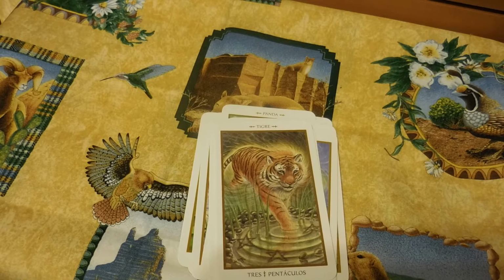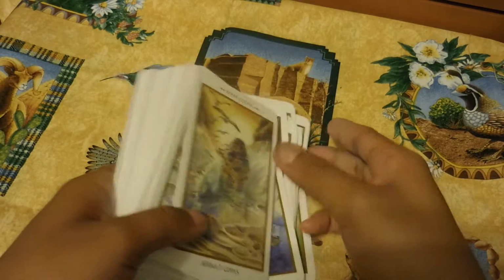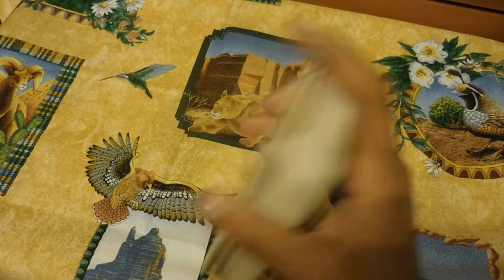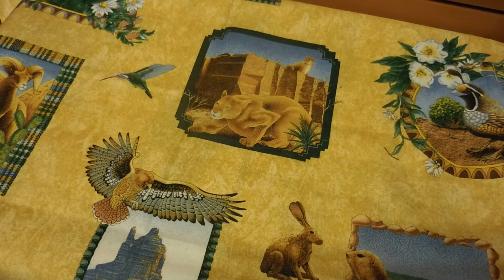Like just for a day that you're just emotional, or a client that just needs emotional assistance for 2.5 seconds. This is the back. If they go for more than 2.5 seconds, you already know. You gotta tell them how it is. But it's a very sweet deck. Then I have